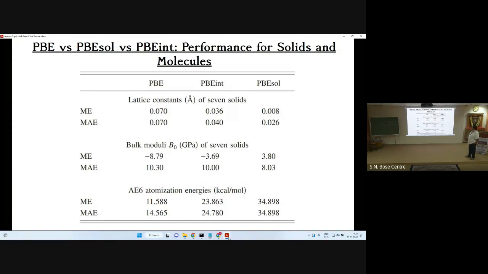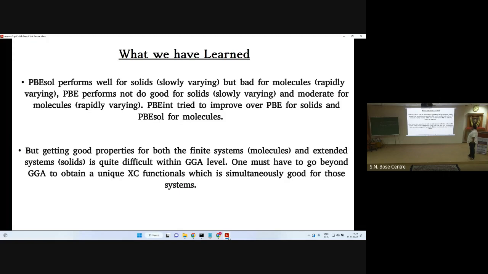So if you look at this one, there is another functional which takes into account whatever problems there are with PBE and PBEsol, the PBE, which was good for molecules. In this category, these three functionals are quite famous. This GGA functional, either PBE or PBEint or PBEsol. Okay. So what we have learned is that the GGA functional, as such, is not always good for